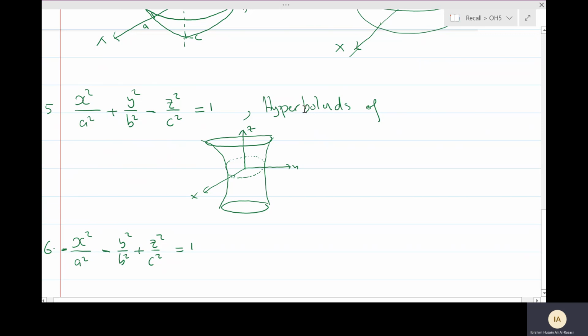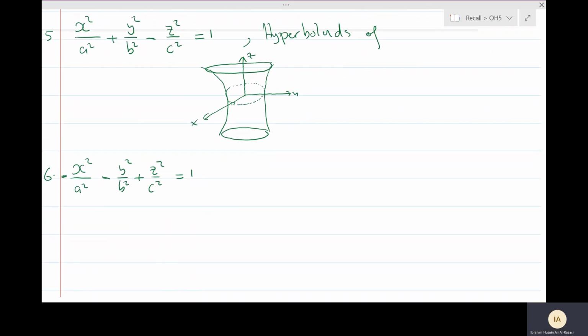Just use the trace in the xy plane. It is an ellipse, and then for x equals 0 or a number, you get a hyperbola. Y equals 0 or a number, you get a hyperbola. Draw a hyperbola, then you close them with ellipses. Now for the next one, here,